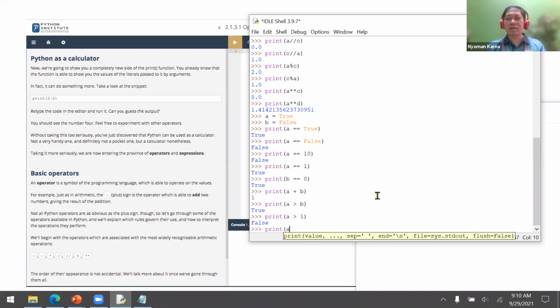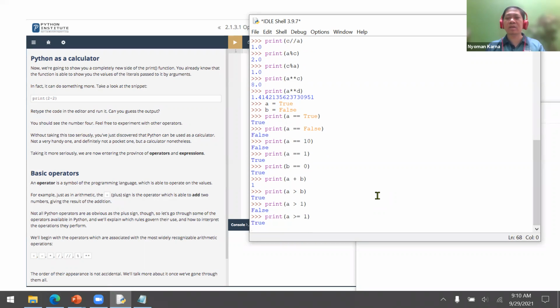However, we can try to use something like this. Is A more than or equal to 1? Then it will return true because yes, it's equal to 1. Not more, but equal to 1. Okay. So we have the operators of addition, subtraction, multiplication, division, integer division, modulo, and also exponentiation. That's for the basic operators.